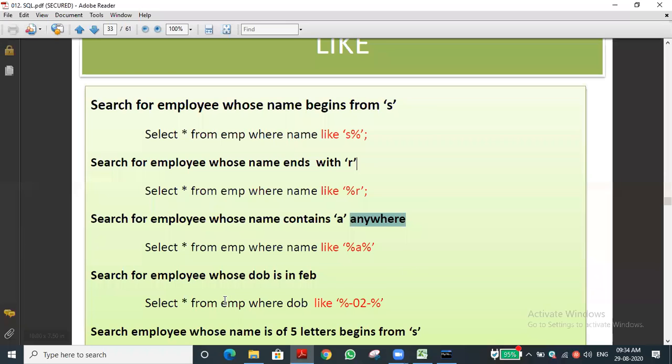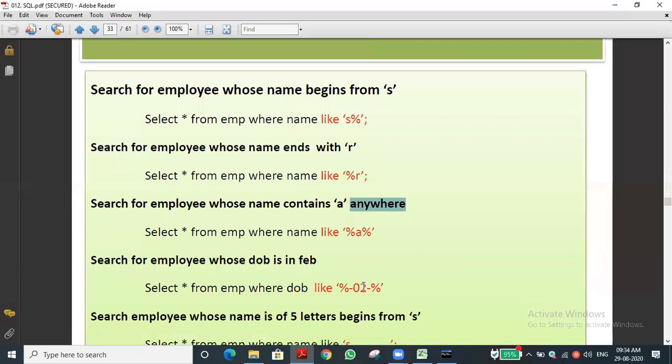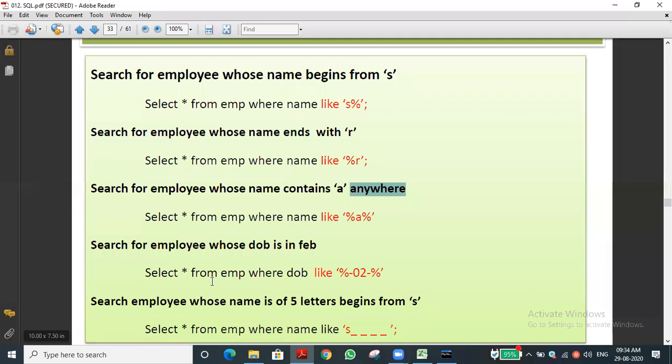Let me see another one. This is also very useful in your project. Select all from EMP where DOB like '%-02-%'. If we give this, what will happen? For example, you want to know whose birthday falls in this month.